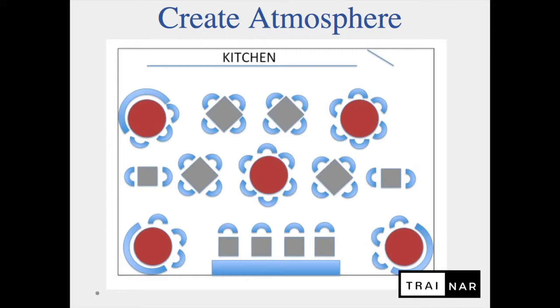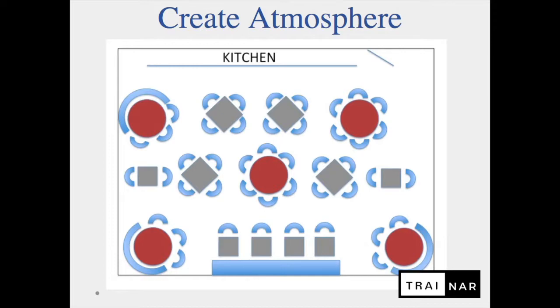How to create the atmosphere. This is a little change on the first configuration that we discussed. As you can see, I have actually placed some large tables in the four corners of the commercial area and one in the middle. As I mentioned, large tables are normally louder, they're normally more animated, and they don't mind where they're seated. When you position large tables equally amongst the other tables, you can create atmosphere,